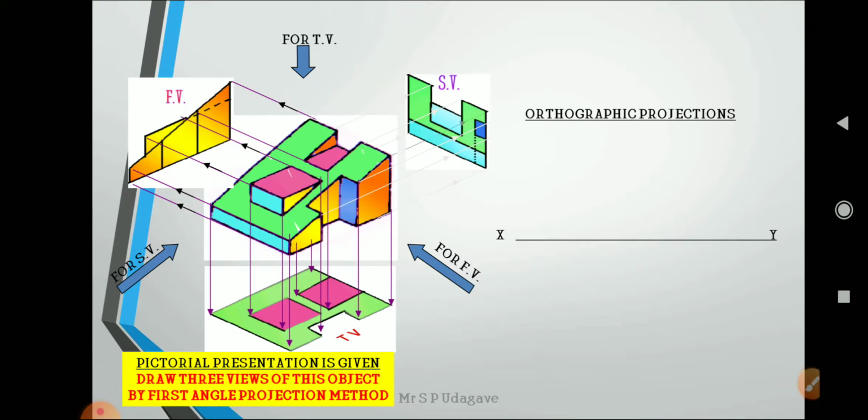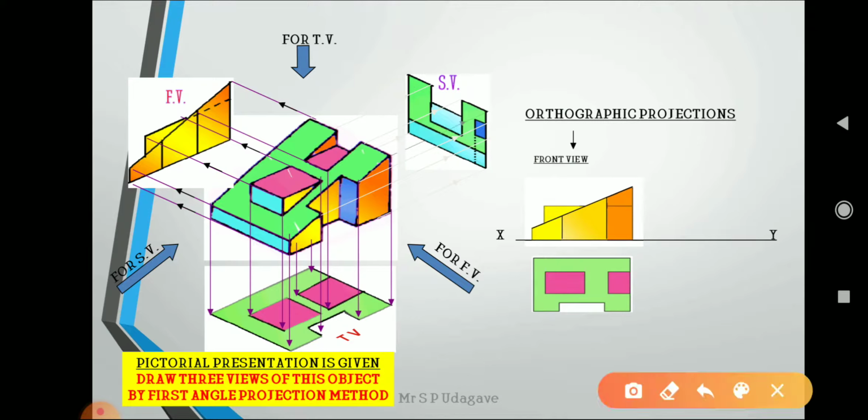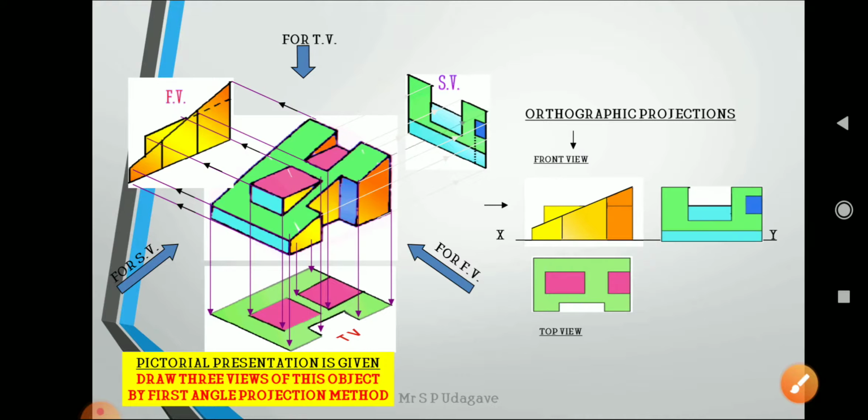So next one, we can draw all the views in a similar way. First, for the front view, we can take the total length and total height and draw them with the same dimensions. We can complete the front view, and with the help of the length we can project, and take the width, and also complete the width and length. We can complete the top view, and